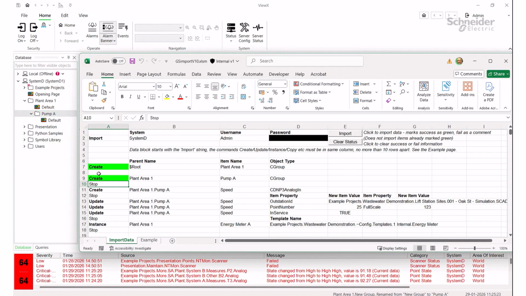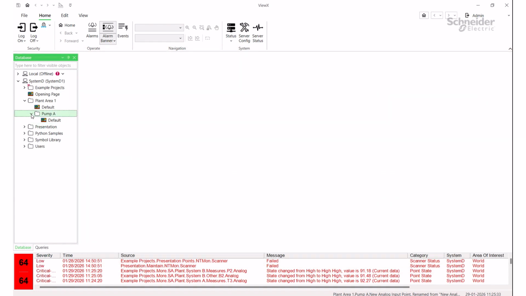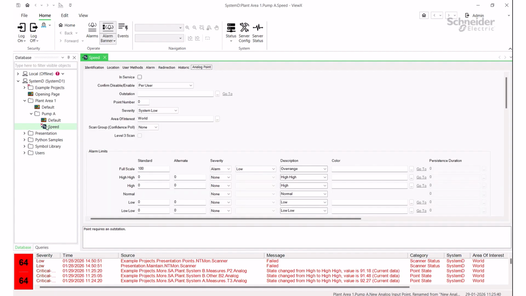And now go back to the sheet, we'll do that again, and it's going to create a DNP3 analog input point called speed. Again, here is the input point. It's got all of its default properties, so you'll see a little red X indicating that there's at least one error. It requires to be in service, there needs to be an outstation, and there needs to be a point